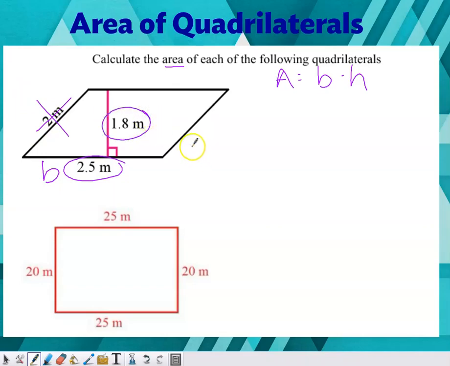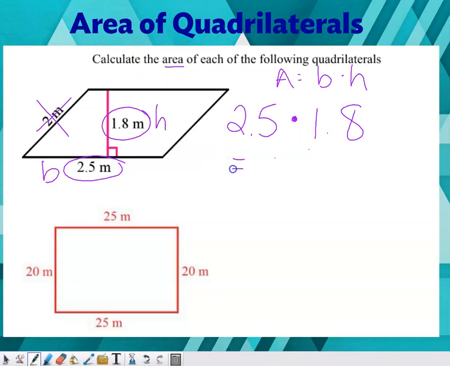So this is our height, and we're going to multiply 2.5 times 1.8. We're going to do that in our calculator. Remember your calculator can be your phone, or it can be an actual calculator. So if I do 2.5 times 1.8,